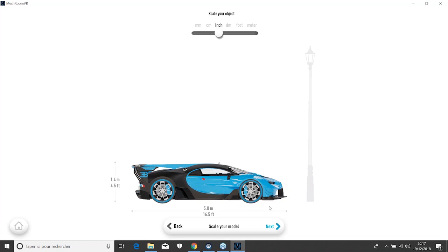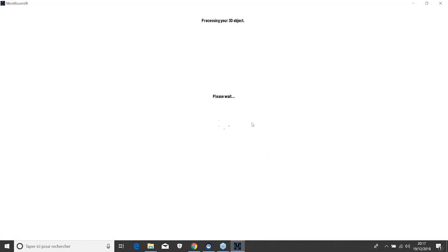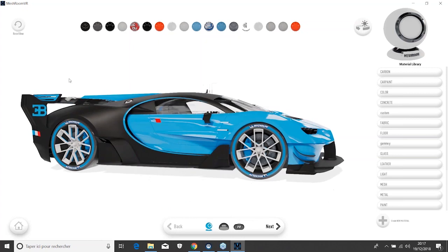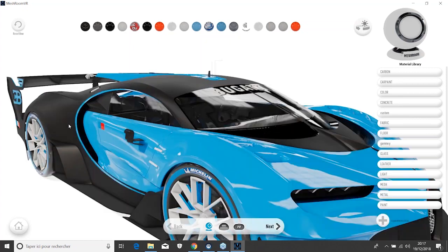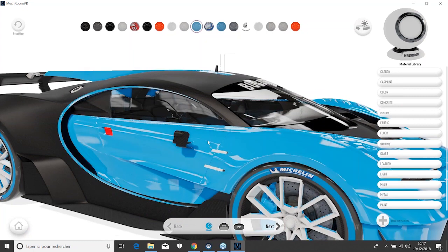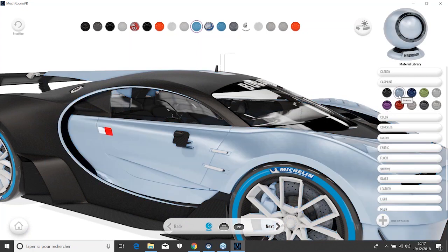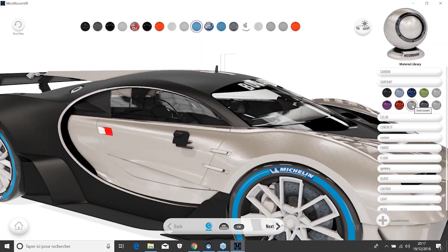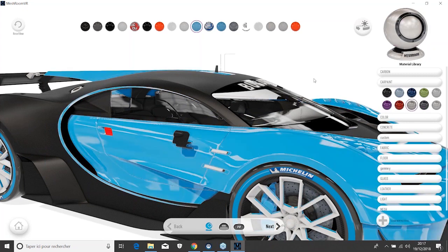So now that the scale is set up properly, because as you can imagine, in virtual reality, the scale is crucial, it's very fundamental. Then we will add some materials to make it more realistic. So maybe to begin with, we're going to add a cool color. This on your right is the Meshroom material library. So I will open the car paint, and just after selecting my carrosserie, my body, I will put this color